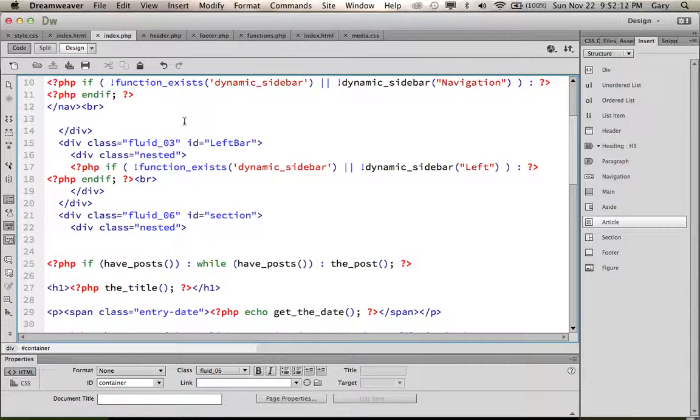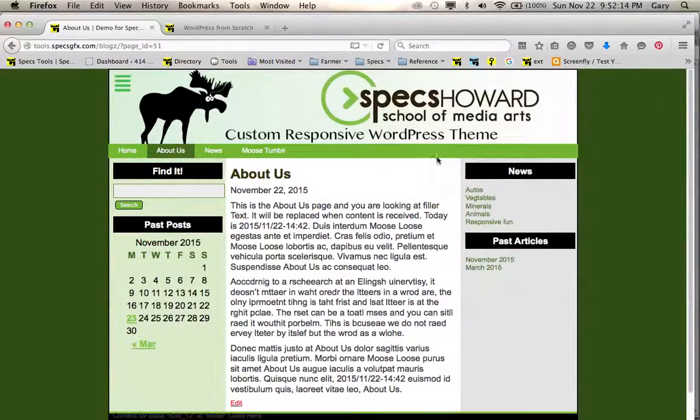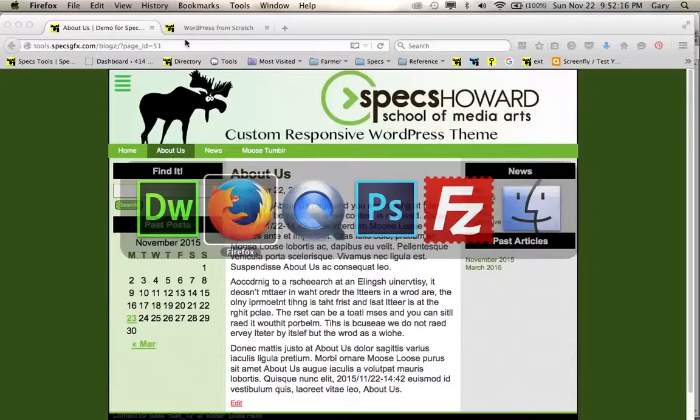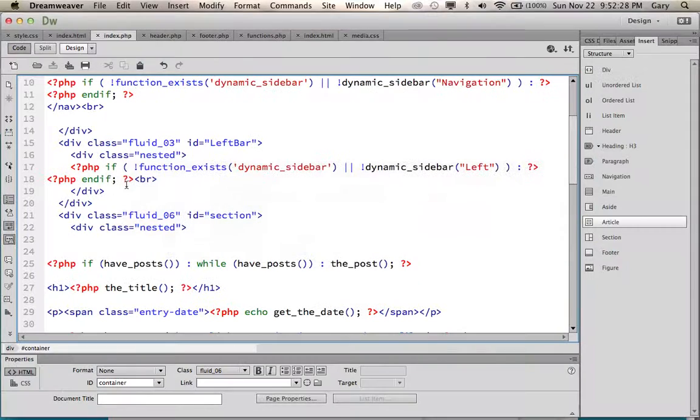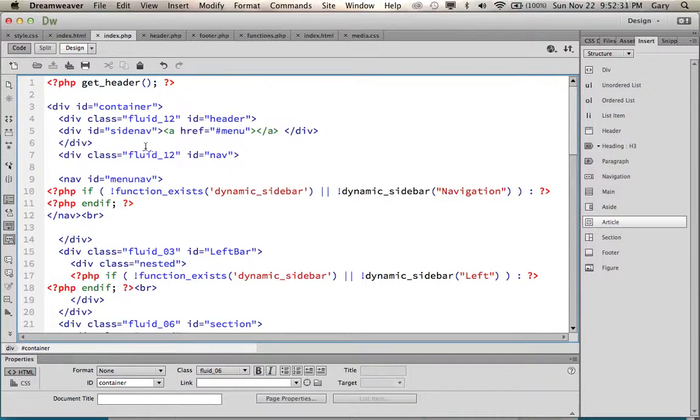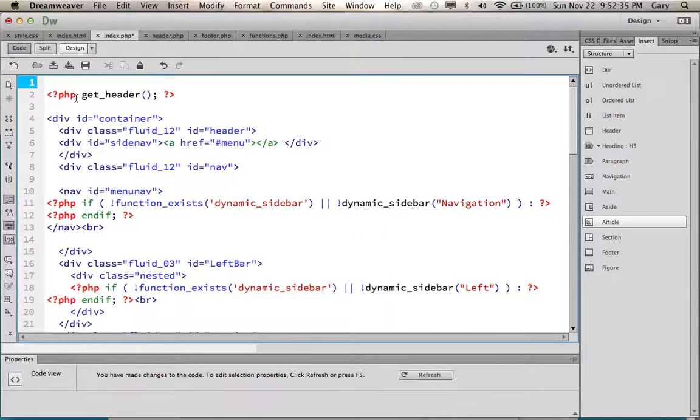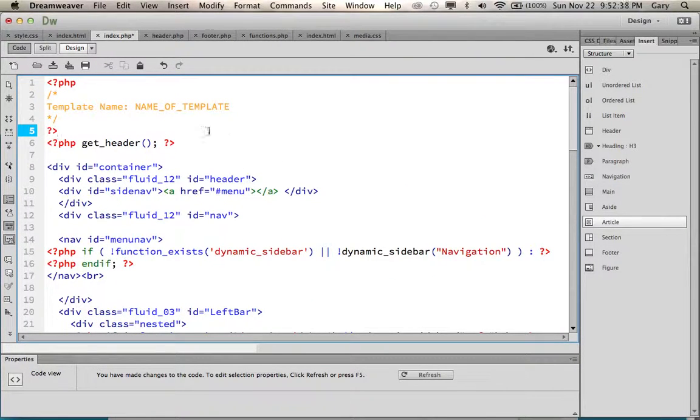So I'm going to go back to the tool, wherever that is. Here it is. I'm going to go to template tag, and I am going to grab this code right here. I'm going to copy it. I'm going to go to index.php, and right above the header, before anything else, I'm going to put this template tag, and I'm going to call it internal, or let's just call it